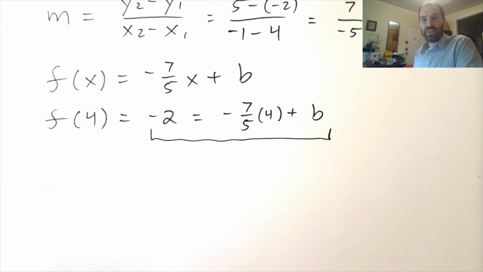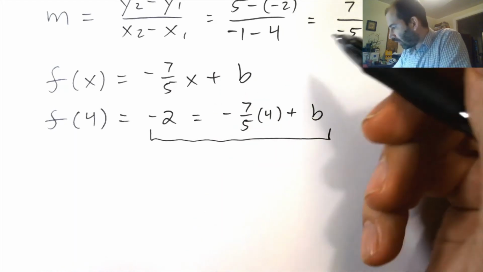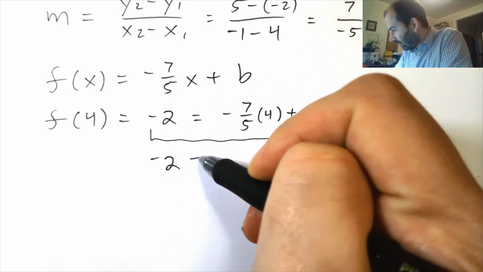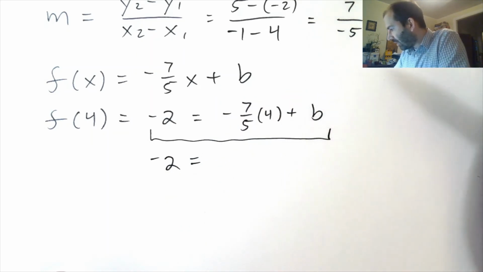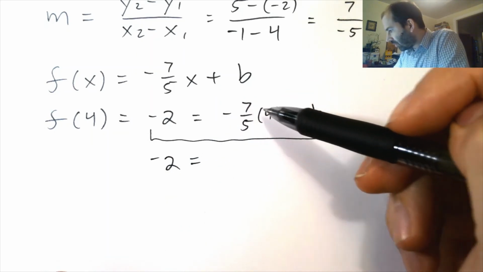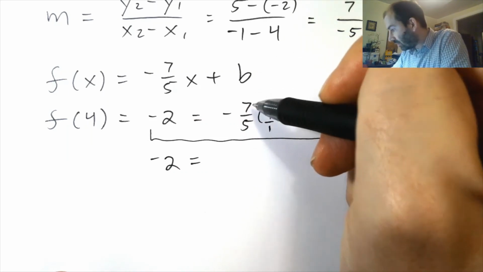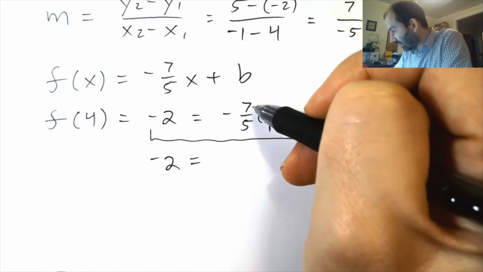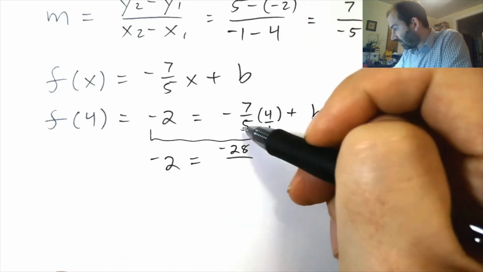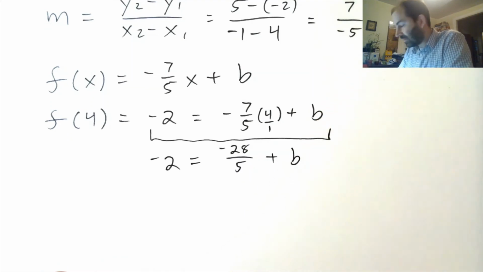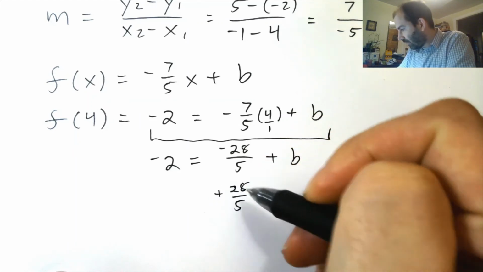So go ahead and solve that equation. I think you're going to get a fraction for b. All right? So pause the video. 3, 2, 1. All right. Did you get it? Let's check our work. -2 equals, well, what am I going to do here? Why don't I just multiply these? So 4 is the same as 4 over 1, and then I can just multiply straight across, right? -7 times 4 is -28. 5 times 1 is 5. Let's add 28/5